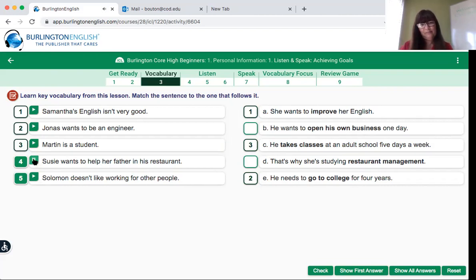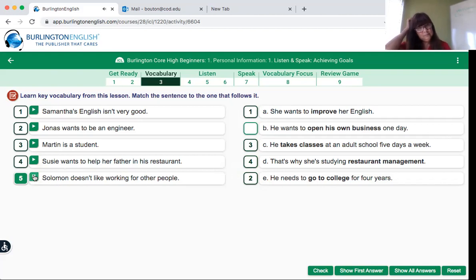Susie wants to help her father in his restaurant. That's why she's studying restaurant management. So see, if you keep clicking on the arrow, you can listen to it.